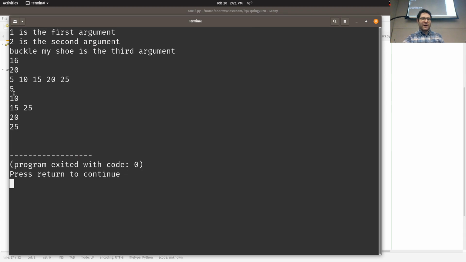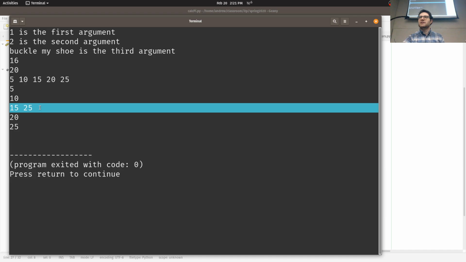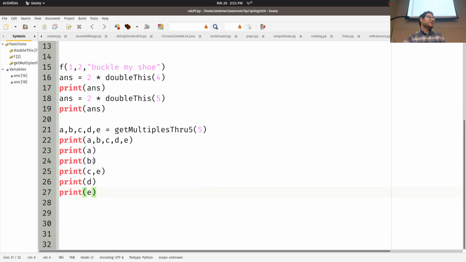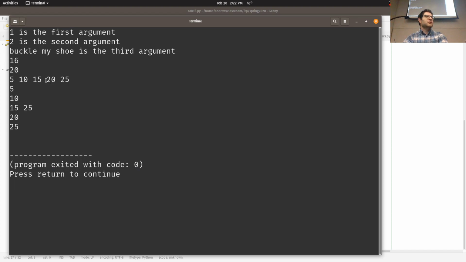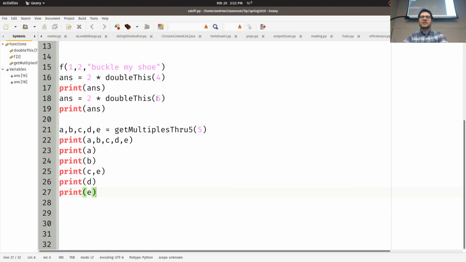5, 10, 15, 20, 25, and then here I showed you could print out C and D, or C and E together, right? You can just separate stuff by commas like that, and it'll print it out. By default, as you may have learned, when you print stuff out using the print function, and there are different things separated by commas, it will just separate them by spaces when it prints it out. We can actually add an additional argument over here called sep,